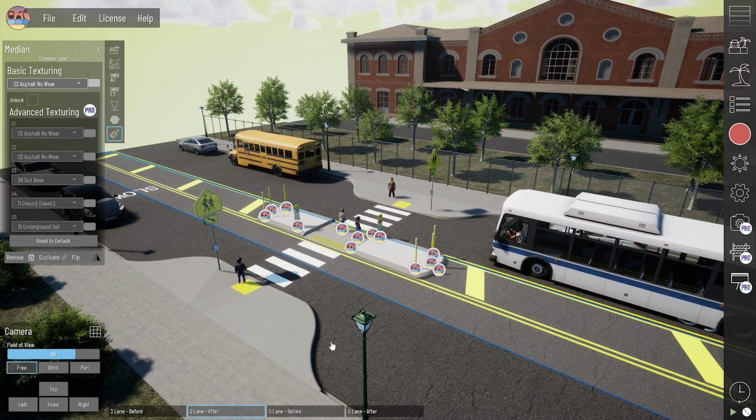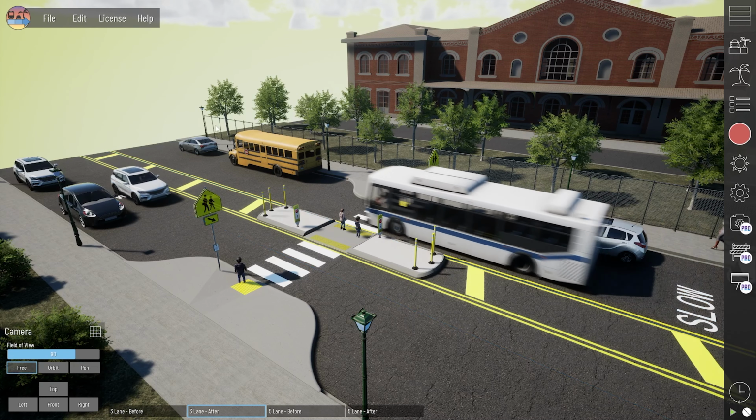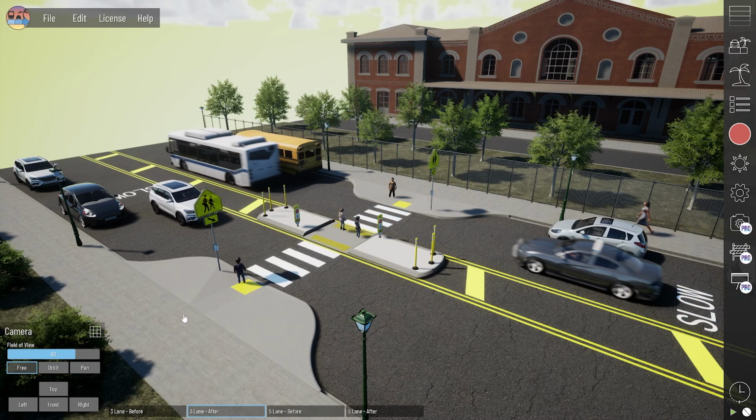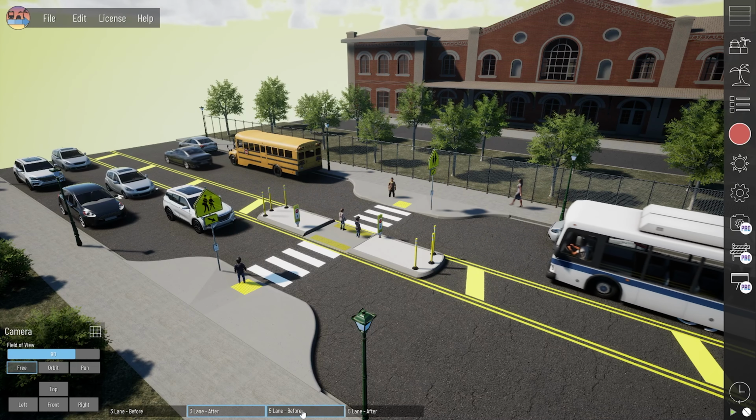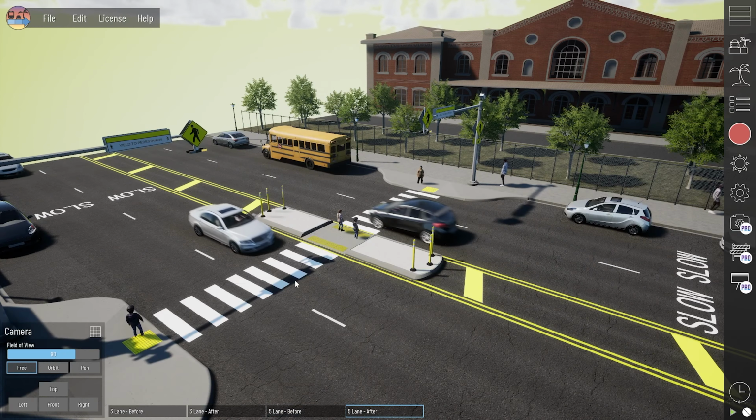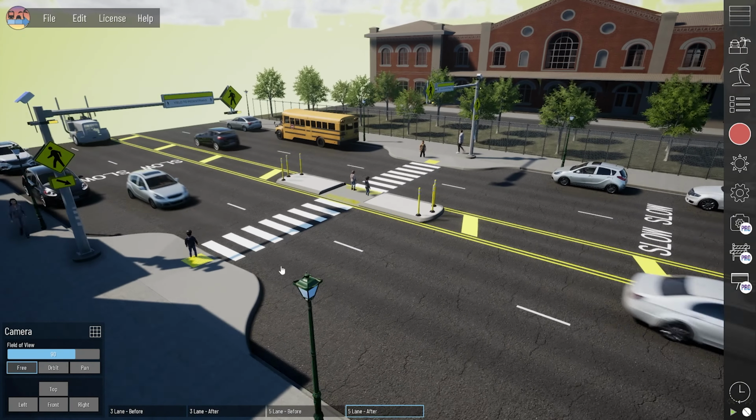Ultimately, I think in the future, if we're ever able to get lateral moving traffic, this would be a good one to revisit. We could maybe try to show some pedestrians walking left and right across the model, but we'll see for the future. So I'll go ahead and show you the after for the 5-lane section as well,